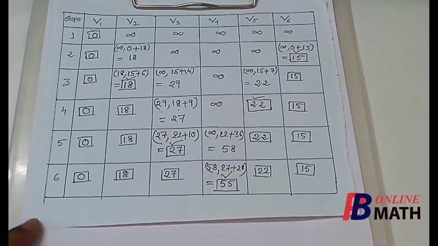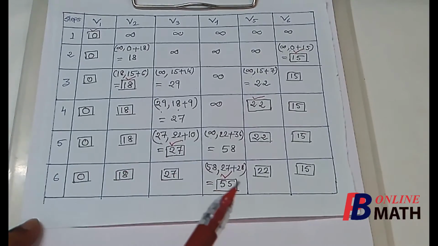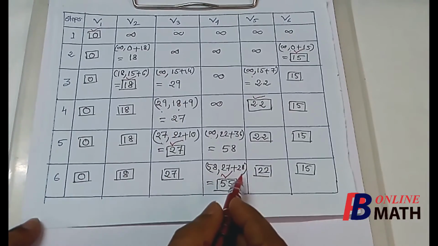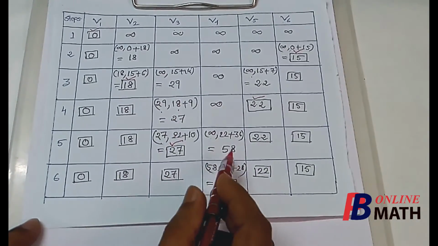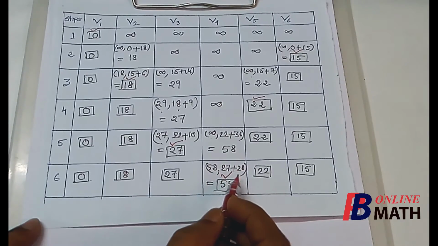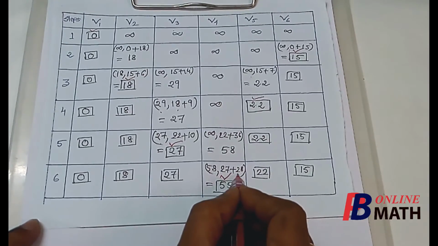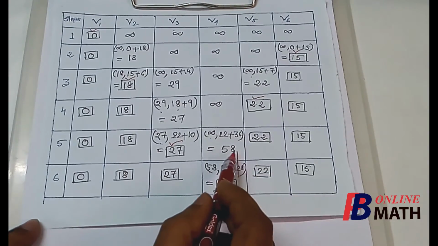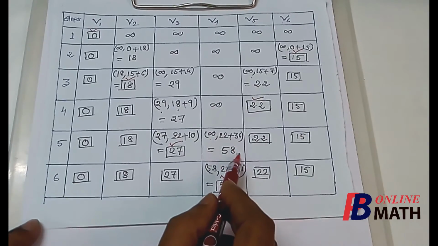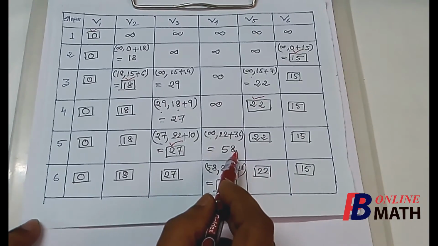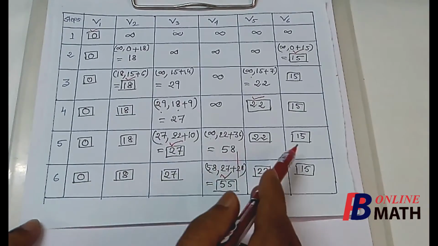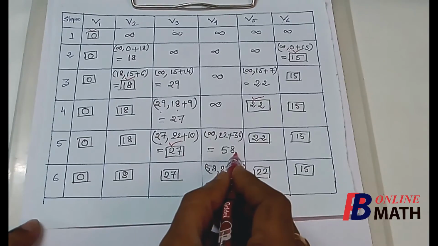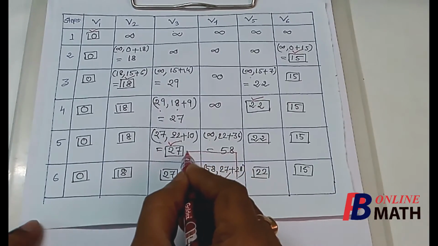And the rule is that we have to start with the destination vertex, and V4 is our destination vertex, and from here we have to move upward until there is any change in level. So if we move upward, we find that there is one change from 55 to 58. So we stop here. Next we shall find the latest permanent level of this step, and we find that in this step this is the latest permanent level, so we move from this level to this level.